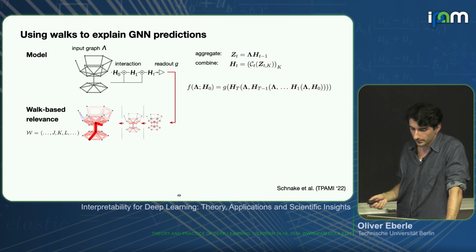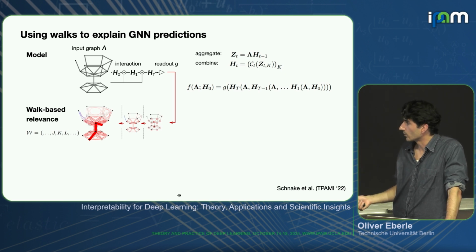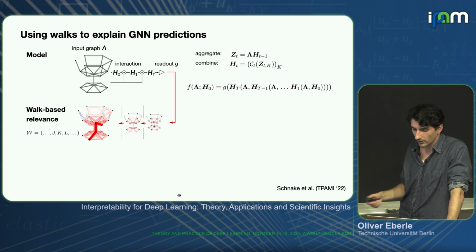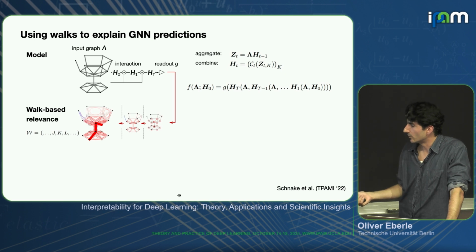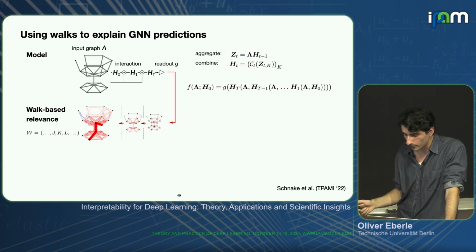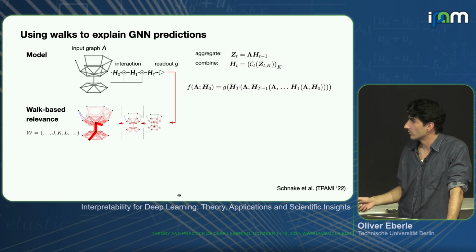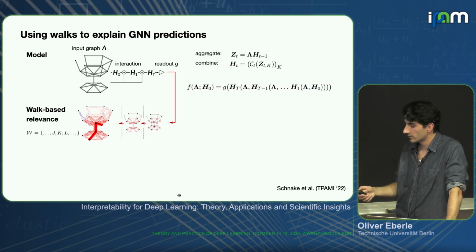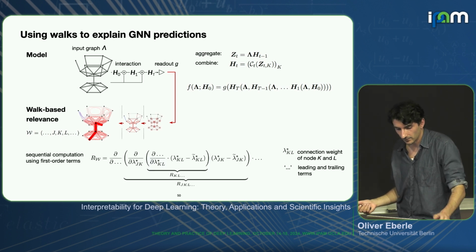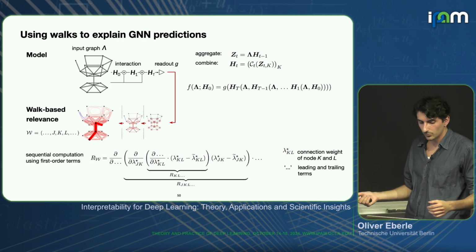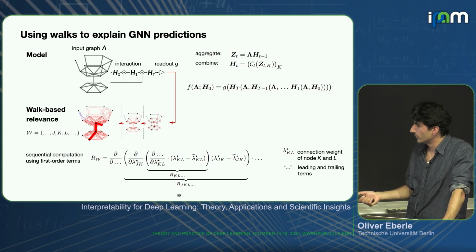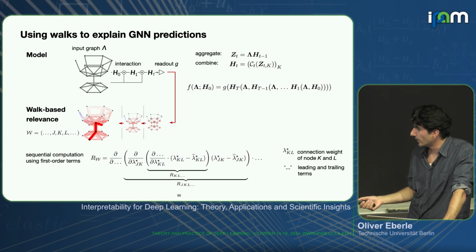And if you go further towards the input, then you can get longer walks. A walk is described by a succession of nodes, and all of them need to be relevant in order for the whole walk to be relevant. So this can give you quite detailed insight into how information is actually processed along the layers in your model. And as I said, when you compute the gradient for this whole thing, you get these higher order terms. You can change the structure a bit so that you only need to compute local first order gradients in your connection weights. This simplifies the whole thing a bit.